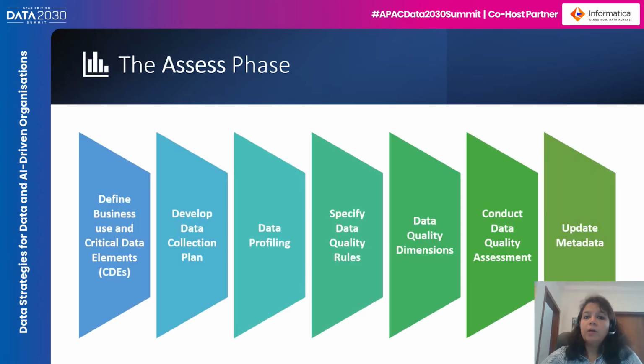Now let's check what happens in the assess phase. During the assess phase, the project team should focus on establishing and assessing a data quality baseline for the critical data as outlined in the define phase. The project team deploys profiling and assessment techniques as well as gathering the business data quality requirements for the given data. This requires the participation of business subject matter experts, SMEs, data quality analysts, DQAs, operations, managers,